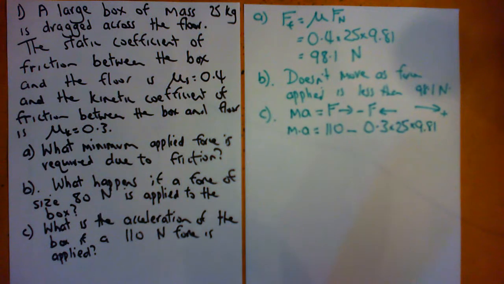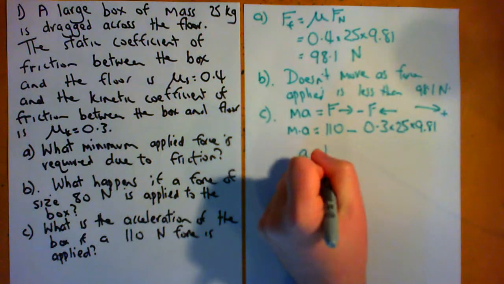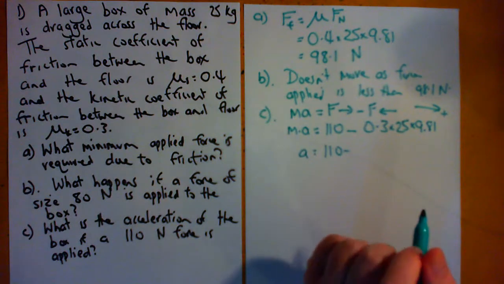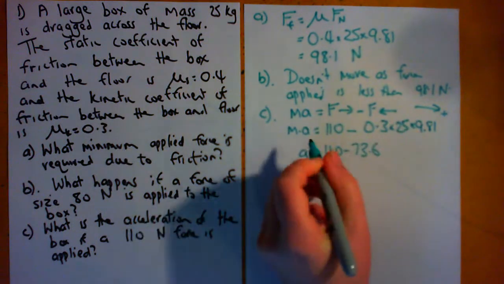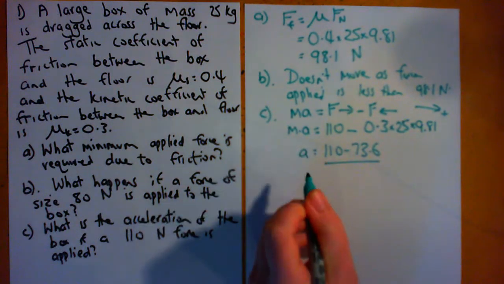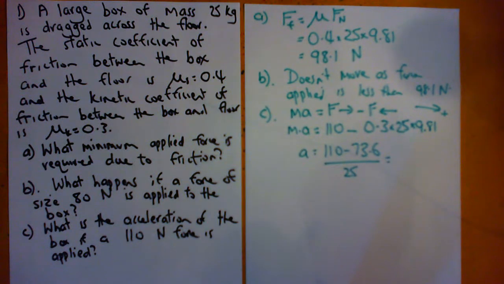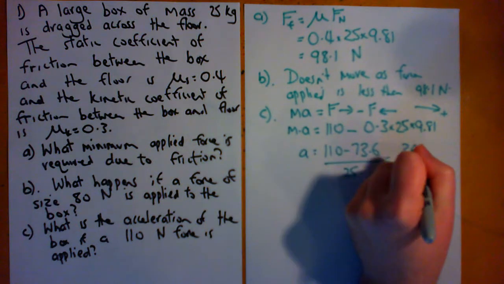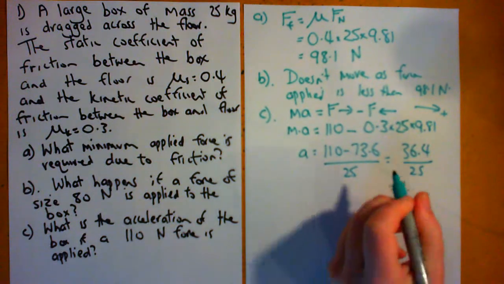Okay, so we've got mass times acceleration, and we can divide that by the mass, which we know to be 25, so we get 110 minus 0.3 times 25 times 9.81. Calculating that gives you 73.6, just that part. And divide that by the mass, which is 25. So 110 minus 73.6, so that will be 36.4, and we're dividing that by 25, we get 1.46